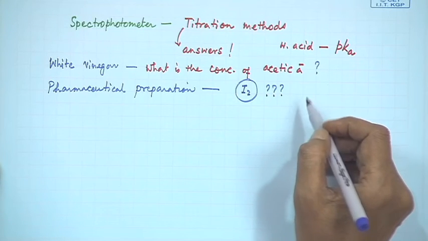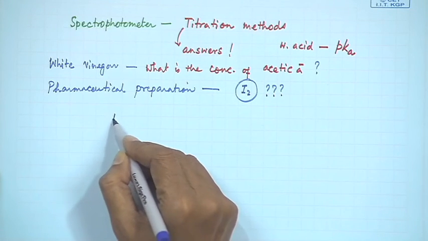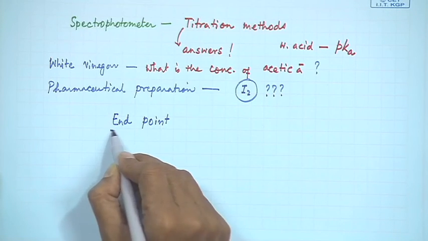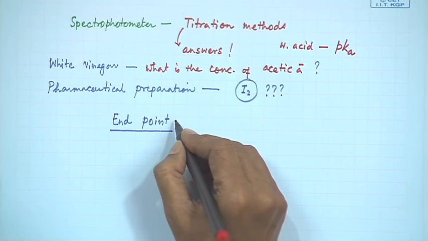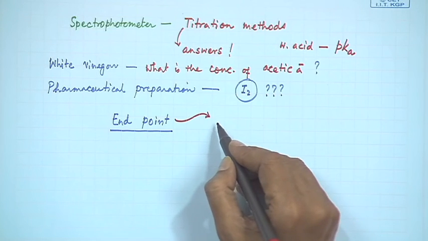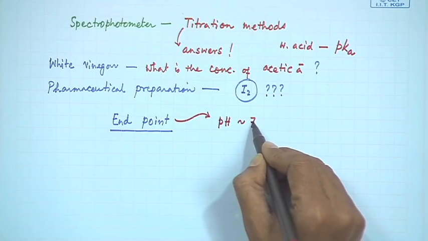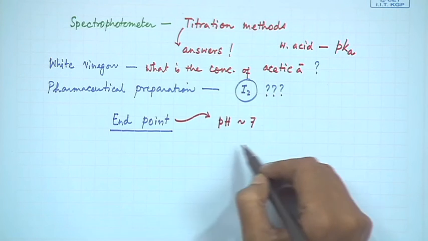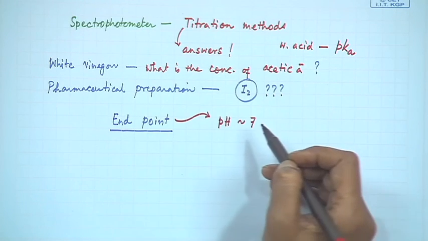So, what we see from the titration plot or the titration curve is that we must have some endpoint, and that endpoint we have to detect, because at the neutralization point, if we have a strong acid strong base titration, the final pH at the neutralization point will be close to 7, as we all know, because whatever salt is forming will not interfere with the pH value for a titration like hydrochloric acid HCl with our sodium hydroxide.